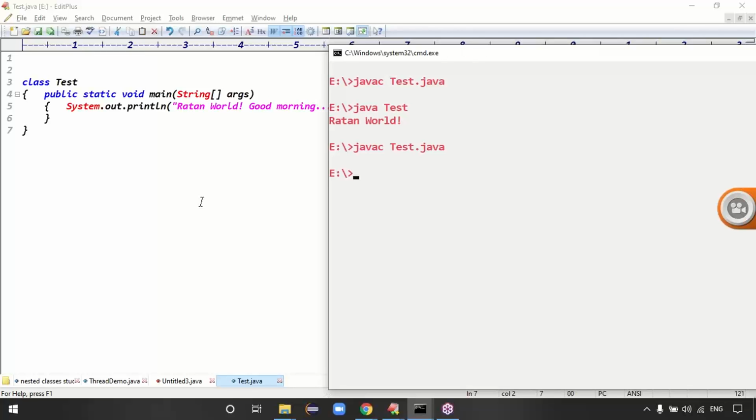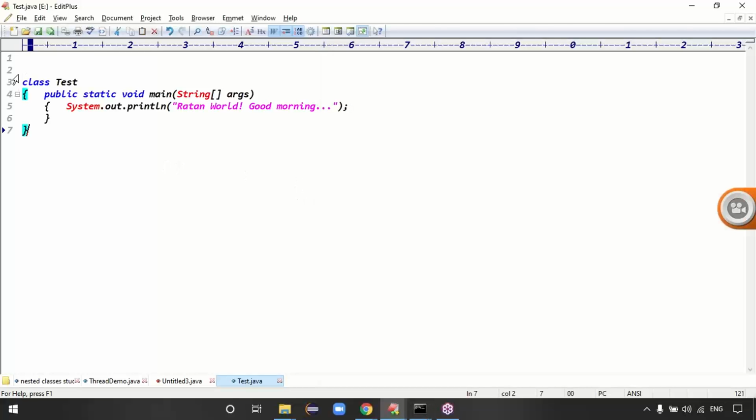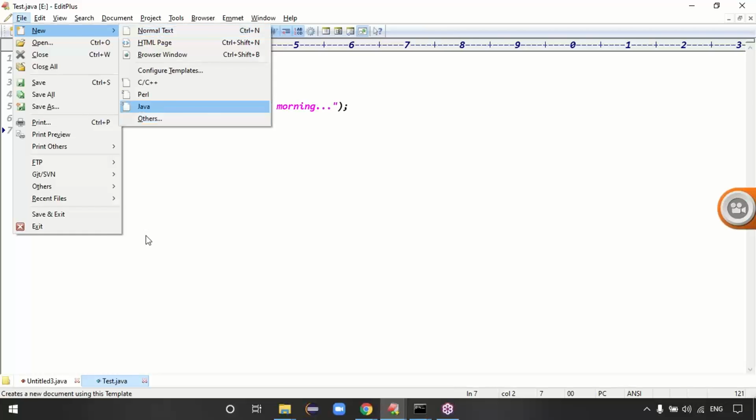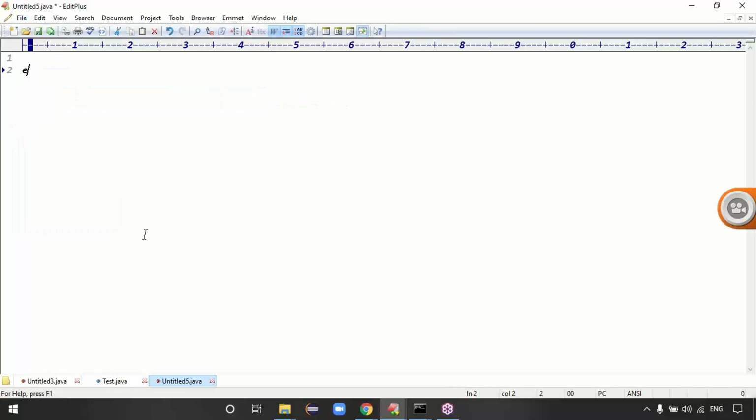Is the code executed or not executed? It will execute. Executed, right? Exactly. Ratan world, the good morning message, you got the output, right? It means the import statement is optional. Definitely import is optional, right? Exactly, guys. That is conclusion one of today's class.